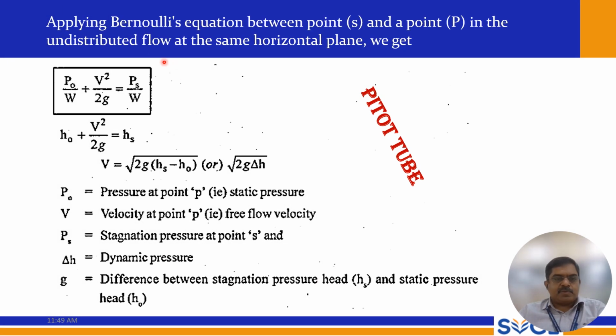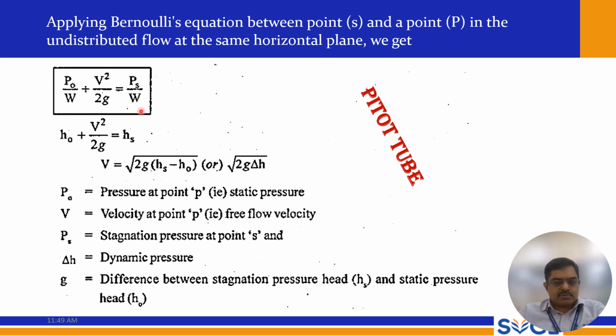So applying Bernoulli's equation between point S and point P in the undisturbed flow at the same horizontal plane, we get this. This is the flow rate, and this is the Hs, and this is V, and V is the velocity at point P. It is known as free flow velocity, and P naught by W plus V square by 2G equals Ps